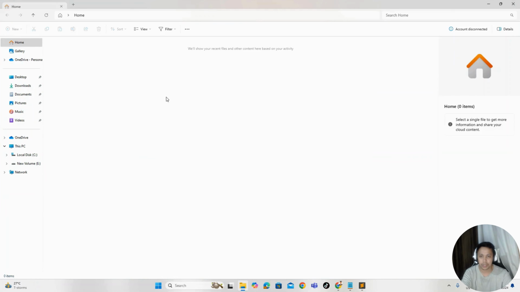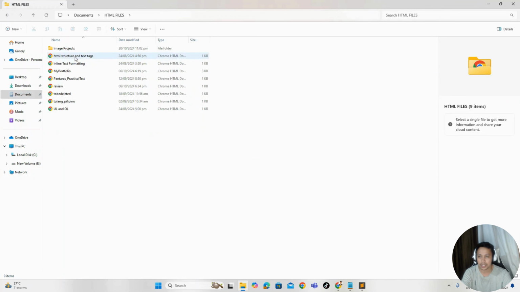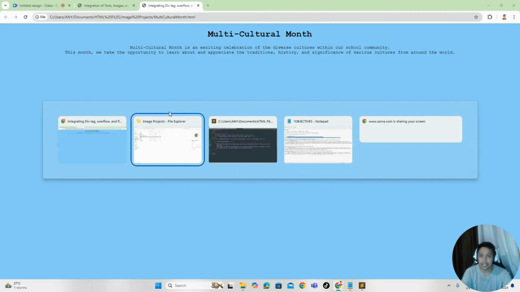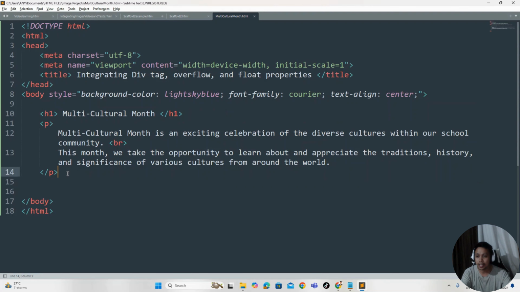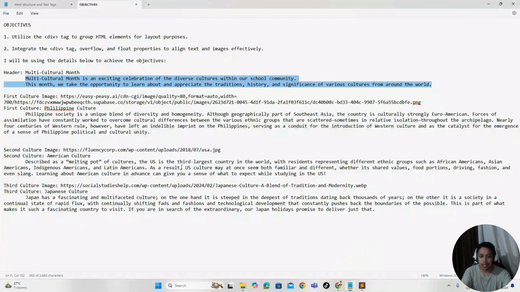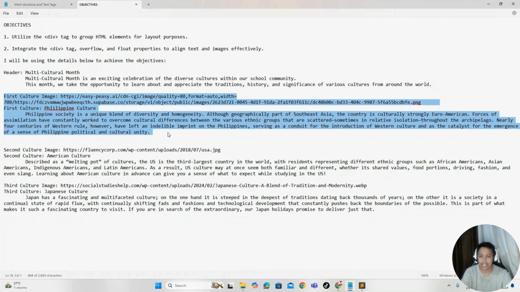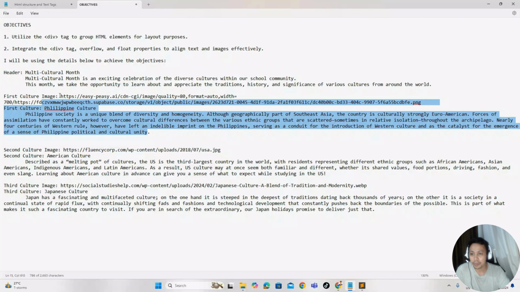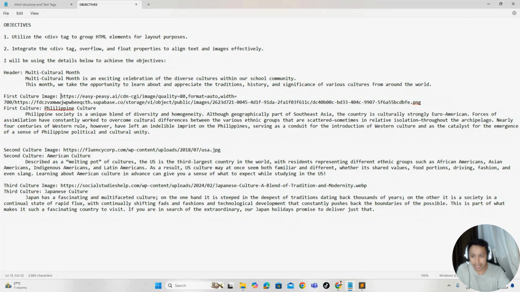Let's save it. Let's open our work. It's in the documents, HTML files, image projects, and multicultural month here. Okay, there. It's better. It's good. It's working. So now let's go back to our codes here. Okay, so now we will be inserting all of this. So our target is to align text and images in one line, right? So if we're just going to insert the image just like this,